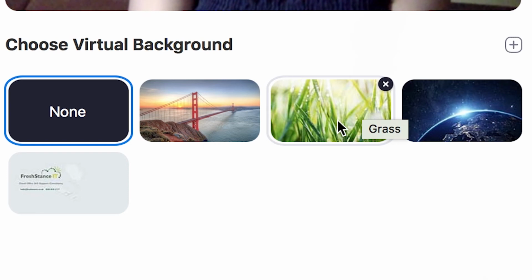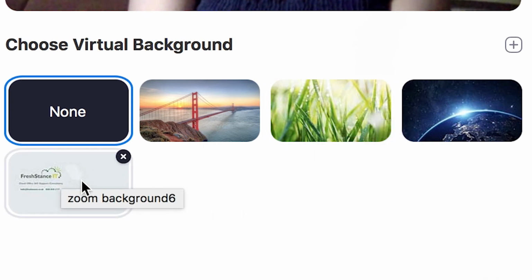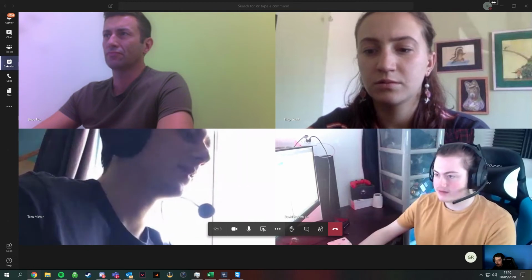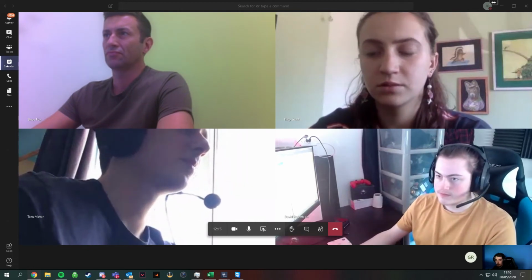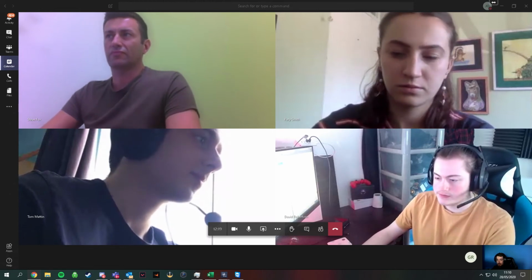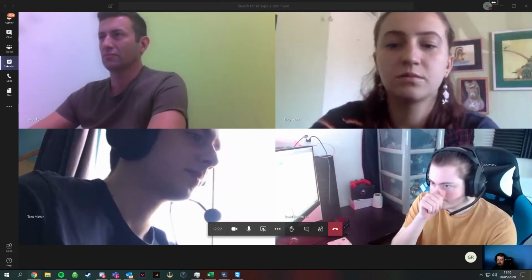Zoom also has a feature that any individual can use that's called the virtual background tool, which can be useful if you want to appear more professional and have a personalised background behind you, much like the one shown to you now. However, in this instance, Teams does have a similar feature, which is the blur background tool. Therefore, in this case, it's up to the individual to choose which they prefer personally.